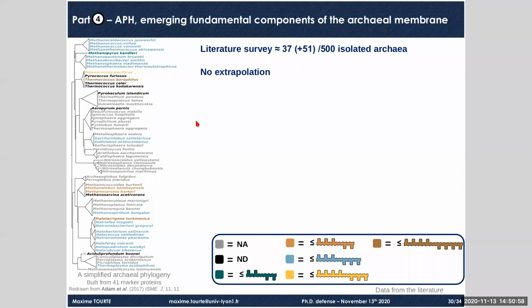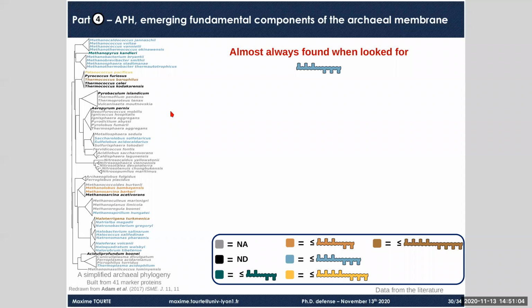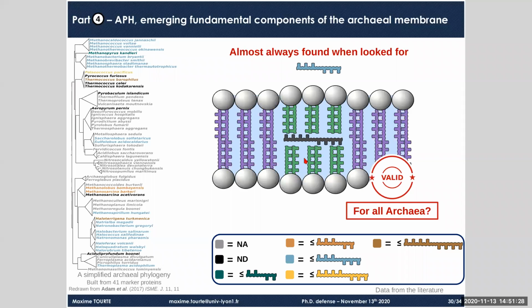We superimposed this composition on the phylogenetic tree of Archaea. And if you look at the species in black, which are those that cannot synthesize apolar polyisoprenoids, you can see that there are only a few of them that are quite dispersed among the tree of Archaea. This suggests that when we looked for apolar polyisoprenoids in Archaea, we almost always found them, and thus that they are quite widespread in Archaea. So again, this suggests that the membrane organization that we suggested for Thermococcales, with this apolar polyisoprenoid inserted, could again be widespread in Archaea.